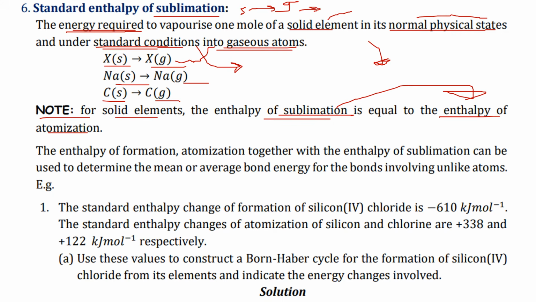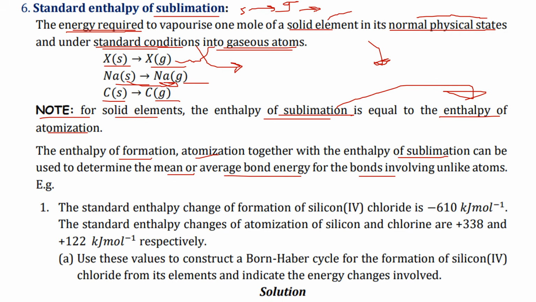Like I said, enthalpy of sublimation can only be used where atomization is from a solid to gas, as you are going to be using them in your lattice energy level diagrams or energy level diagrams, as we are going to be looking at Born-Haber cycles. So we are saying that enthalpy of formation together with atomization and enthalpy of sublimation can be used to determine the mean or average bond energies of the bonds that are involved